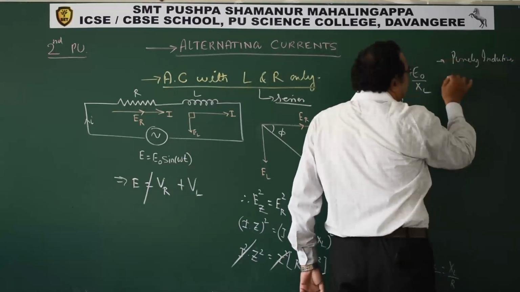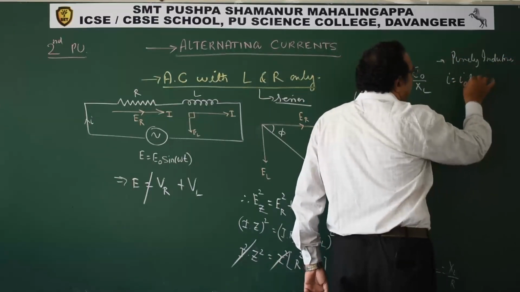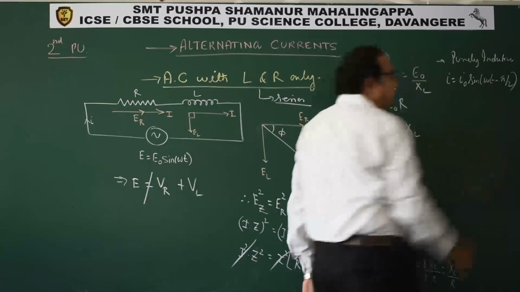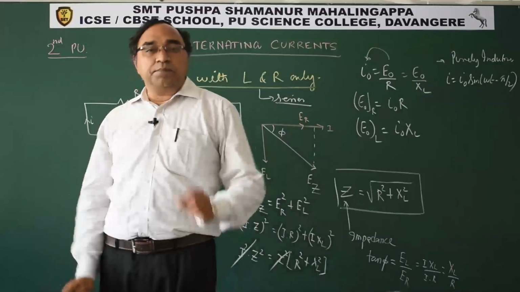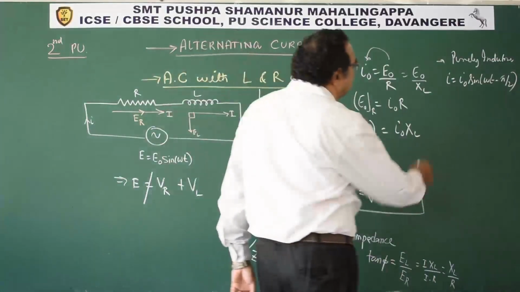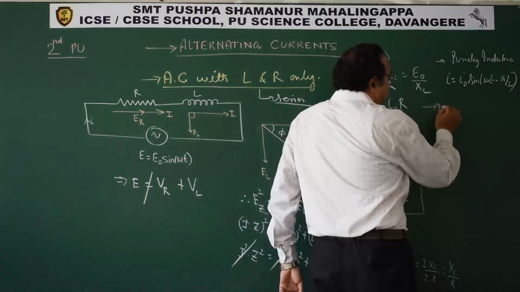In a purely inductive circuit, what is the expression for current? I is I naught sine of omega t minus pi by 2. This is what we have seen in a purely L only circuit. So, for an LR circuit,